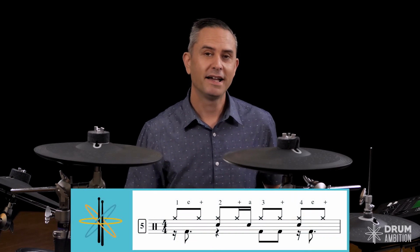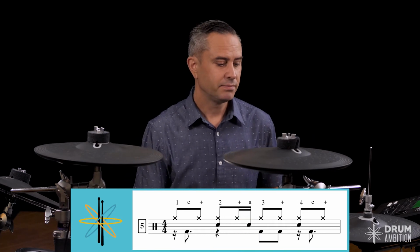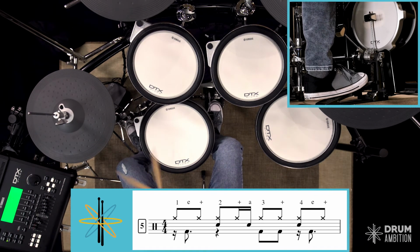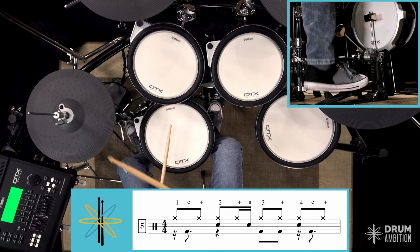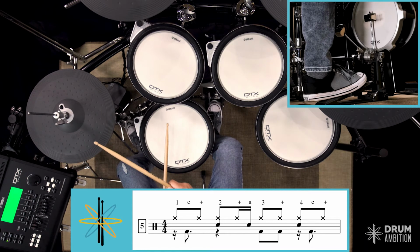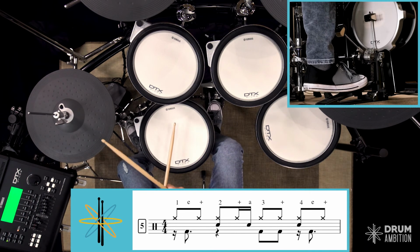So that one will certainly challenge you. I think all of these are quite challenging to start with, but with that one, I can feel the complexity rising just a little bit as I work on it myself. Last example, number 5, we're adding our offbeat snare on the "a" of the 2. So if I play our 2-bar example nice and slowly, it will sound like this. 1 e and 2 and a 3 and 4 e and, 1 e and 2 and a 3 and 4